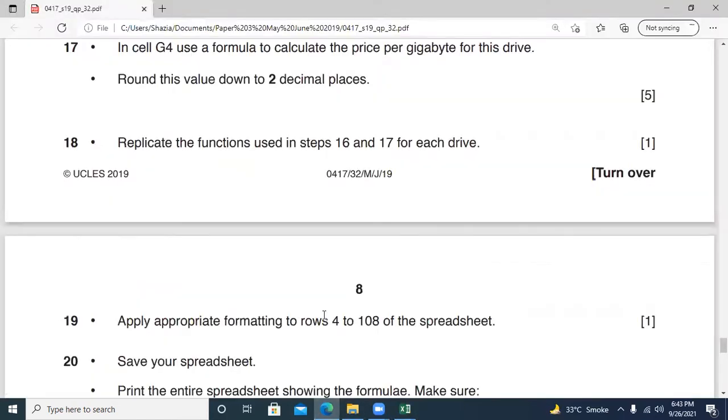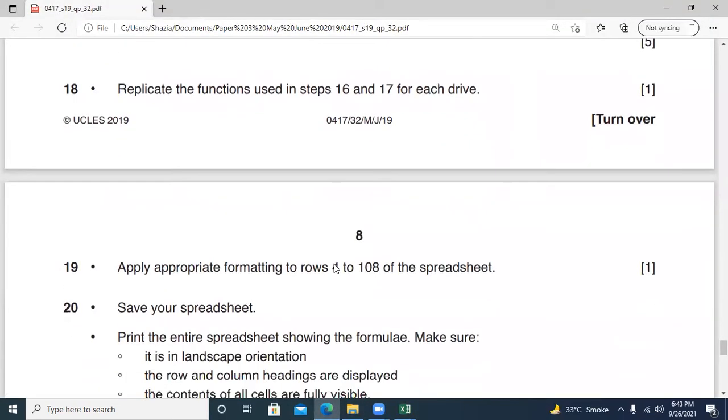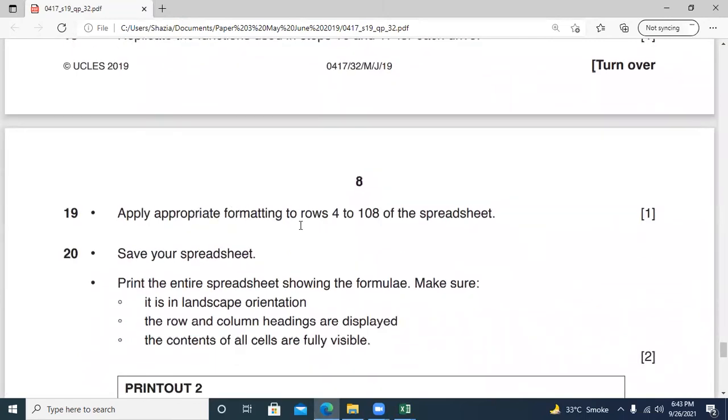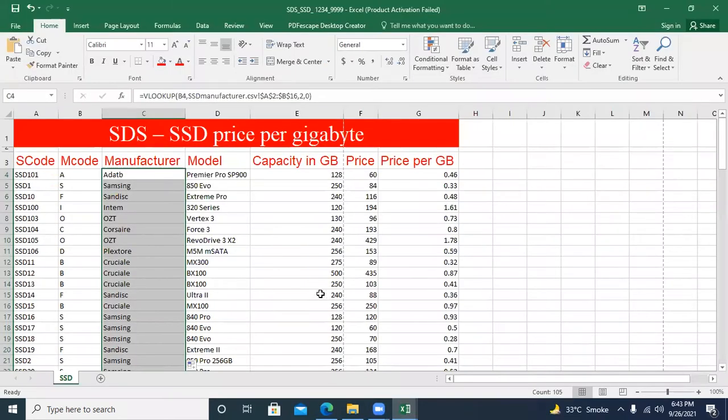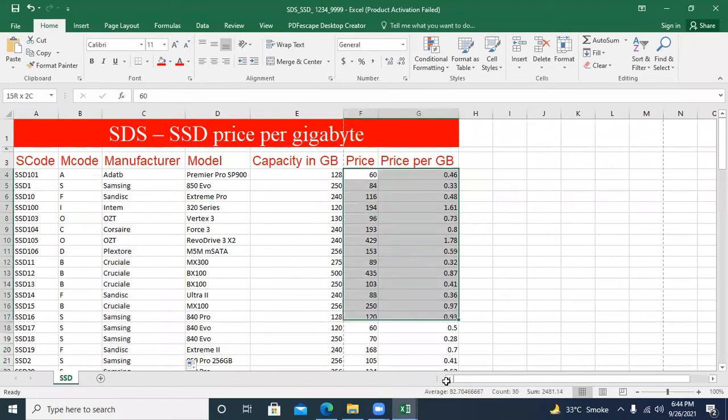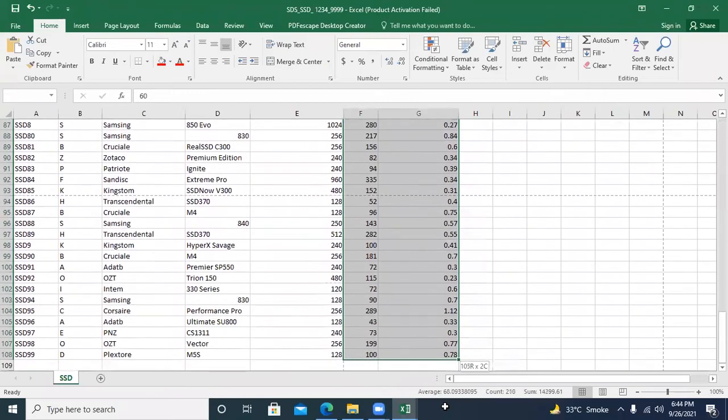So next step is to apply appropriate formatting to rows 4 to 108 of the spreadsheet. So here is the appropriate setting. We have set this row, and the formatting is this. Here we asked to show currency.